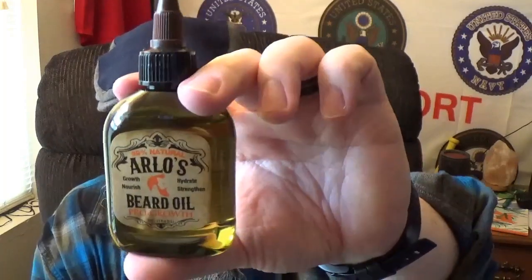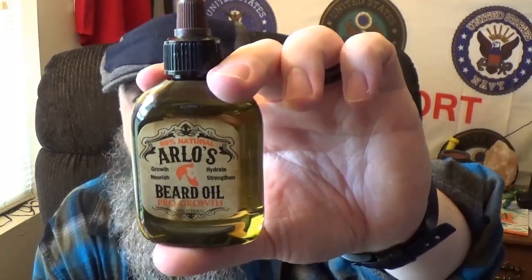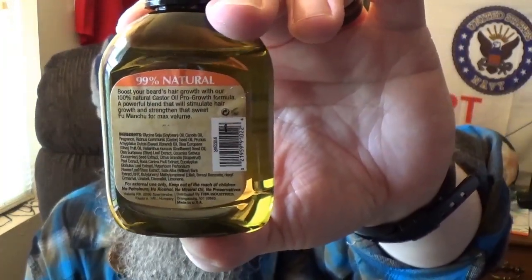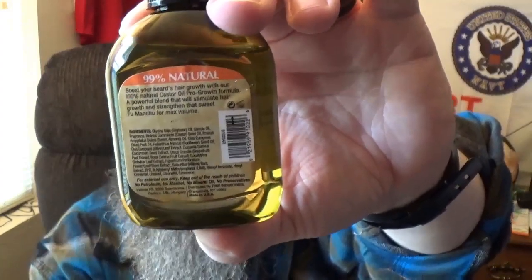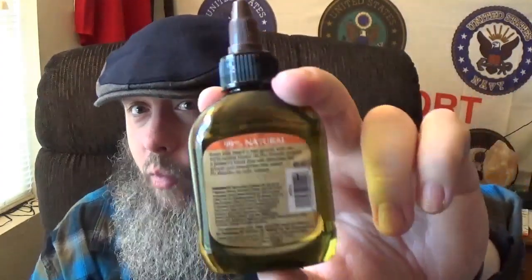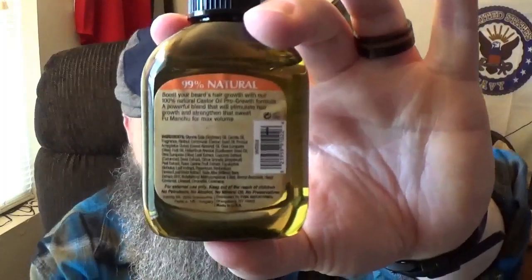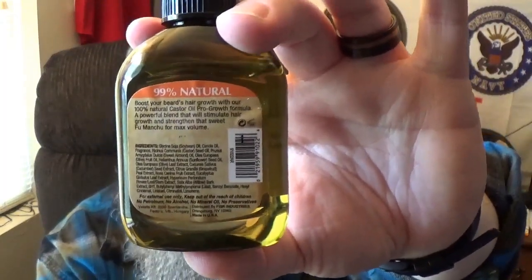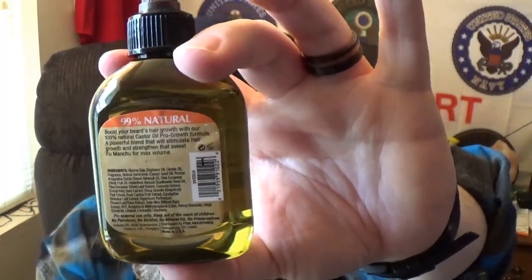Now, forgive me a moment, you're going to have to look at this thing because there are a lot of ingredients. Primarily the back of that label is the ingredients, okay? Soybean oil, canola oil, fragrance, which is the third, and I'll get there in a moment because it has a weird smell to me. This is what I picked up on it. I don't know, other people may have got something different, all right? So like I said, fragrance is the third, castor seed oil, sweet almond oil, olive oil, sunflower oil, olive leaf extract,